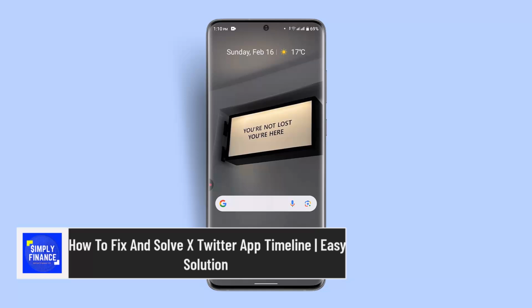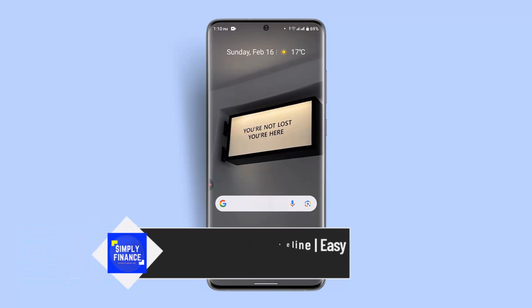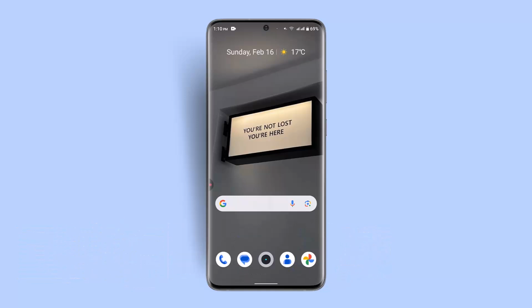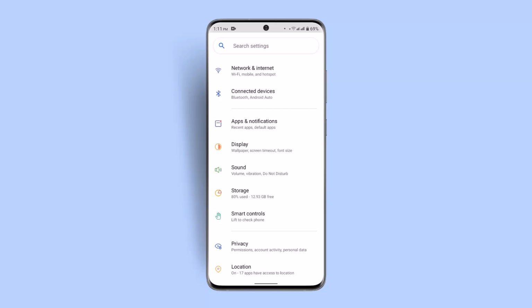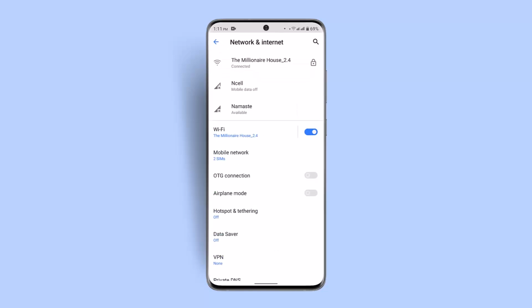In today's video, I'll show you how you can fix and solve the X Twitter app timeline issue. If the network connection is doing wrong, X Twitter will have a problem. Restarting your smartphone usually also resets the network connection. Sometimes this sort of issue occurs when you have a poor, unstable internet connection. So you could go to settings, go to network and internet, and check whether you're connected to a stable internet connection